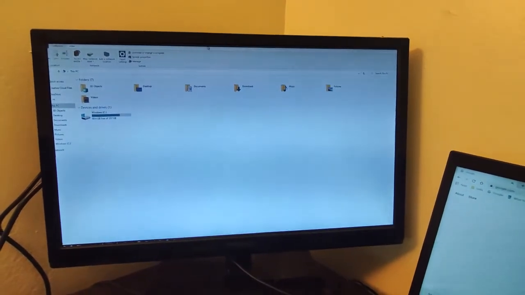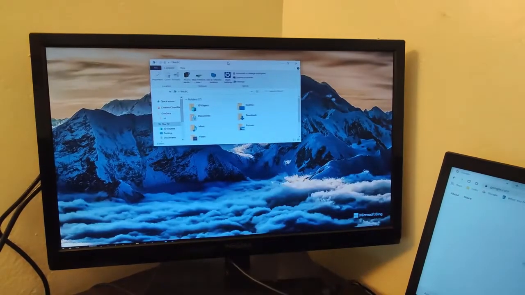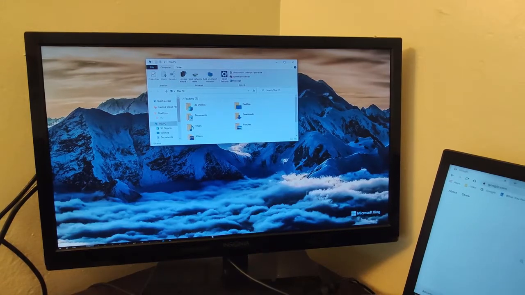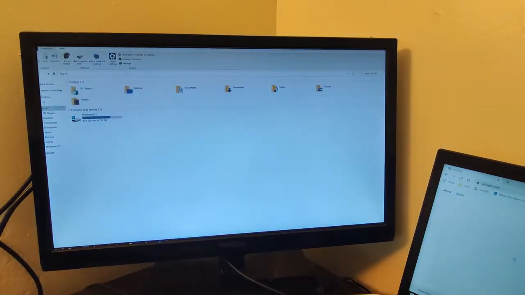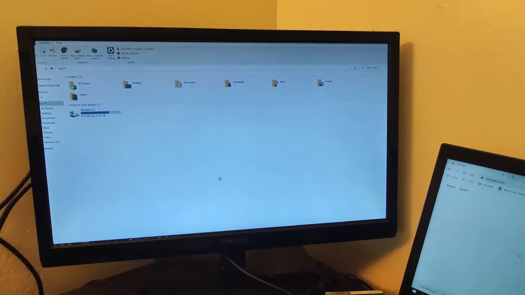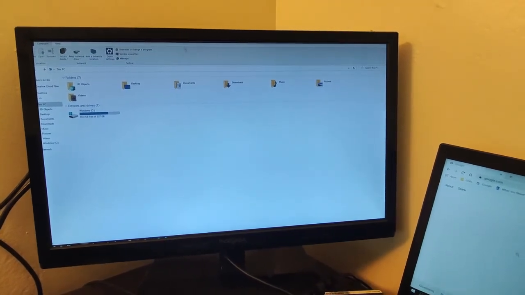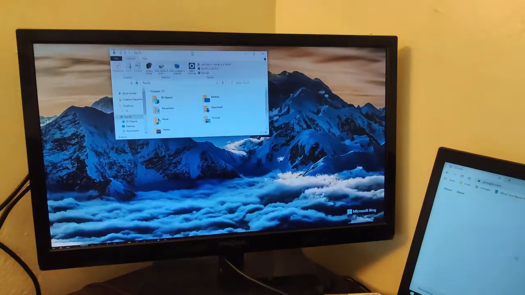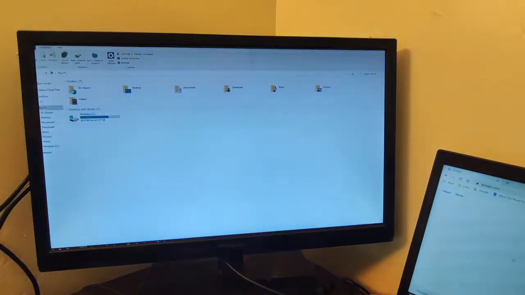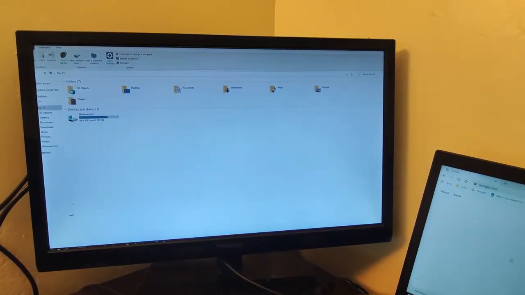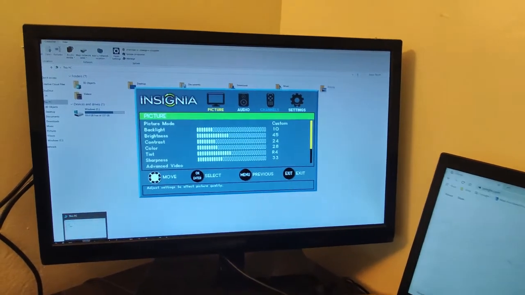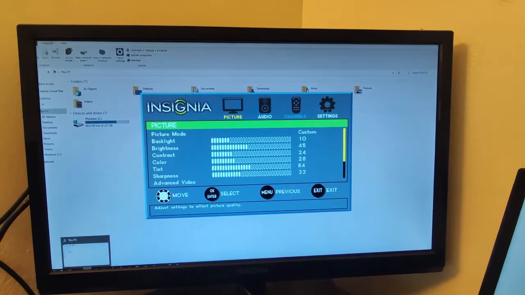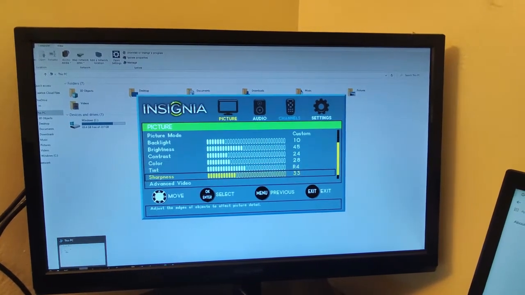So in case you are facing the problem of cutting edges in an extended monitor, in case you are using a TV as your extended monitor. In this case you can see I'm using a TV as my extended desktop from my laptop, but you see the edges around the corner of the screen are cut. You see the taskbar is cut, you see the topmost, this is the taskbar, this is cut. And you can correct this issue with settings of your TV.